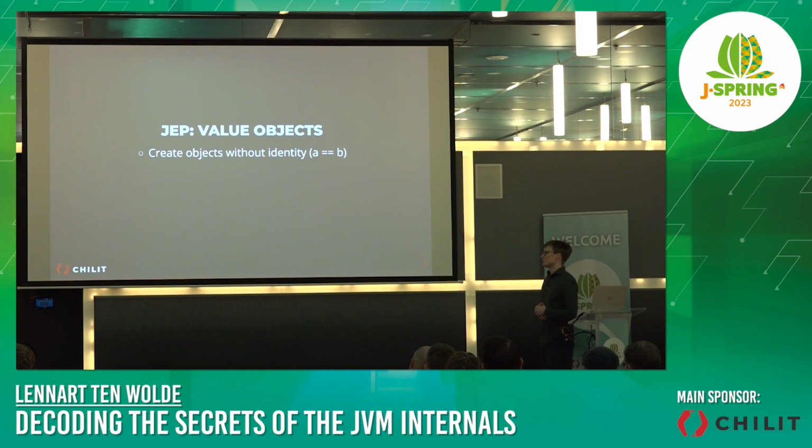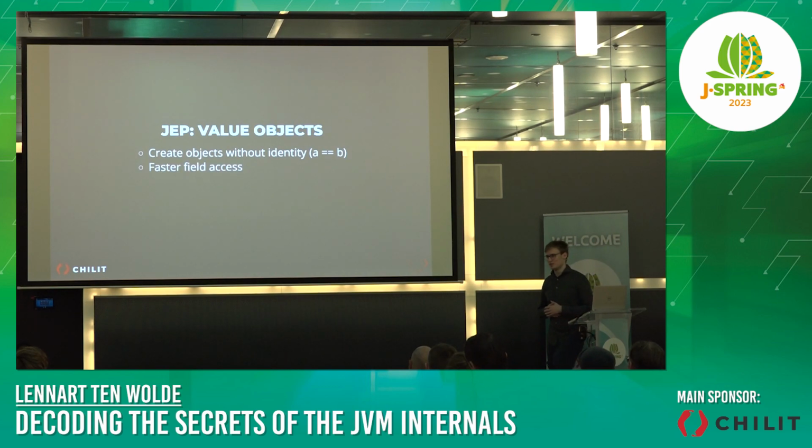So Java is introducing this so that with each class, you can now say whether it's an identity class or a value class. And if it's a value class, it doesn't have identity, so if you compare A == B, it will not check whether they have the same memory address. It will check whether the data is identical, which maybe makes it a little bit less suited for use in hash maps, because it does these checks, and it will slow down a little bit if it has to compare the data. But it does have some major